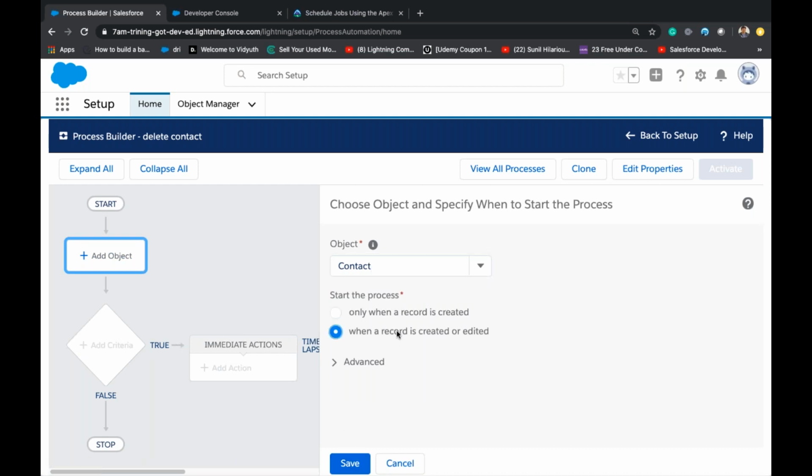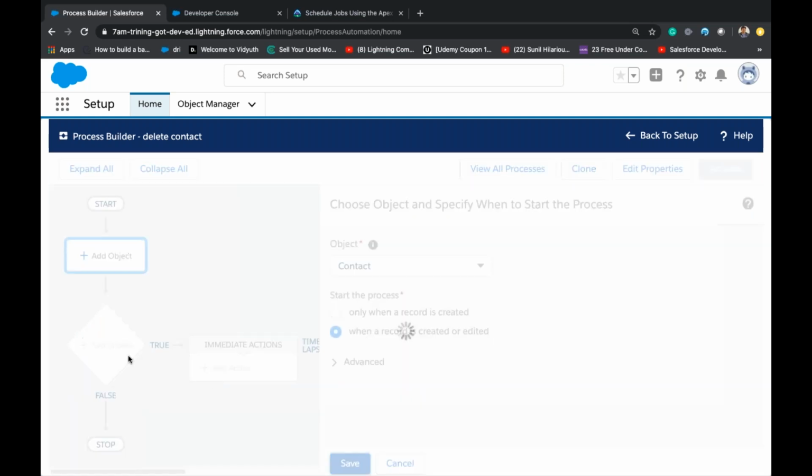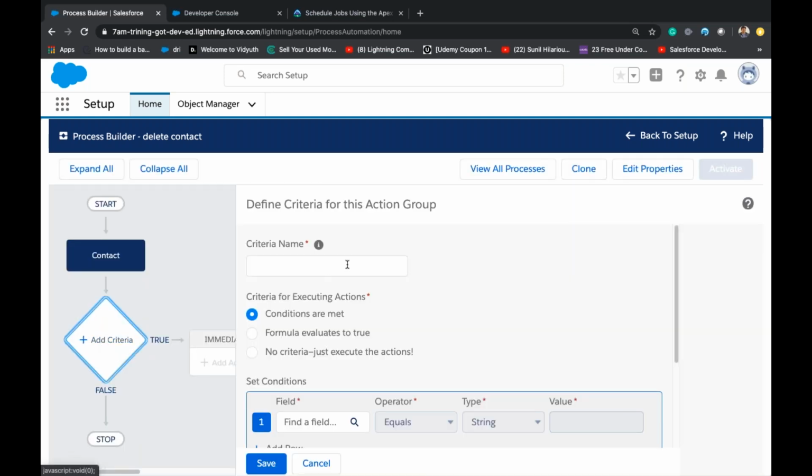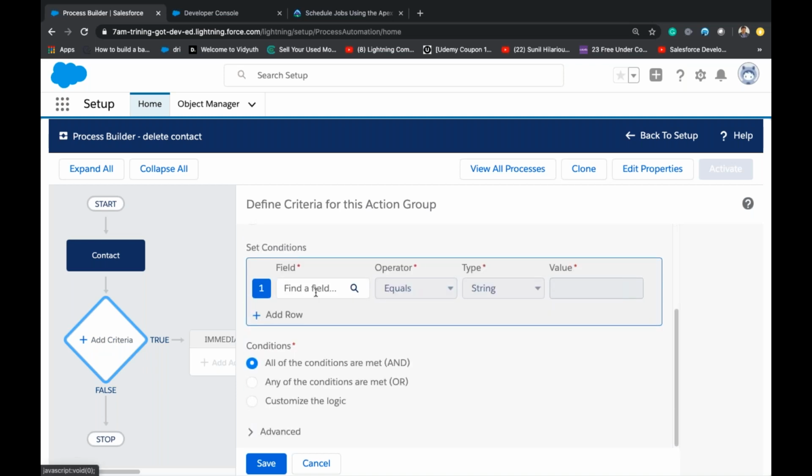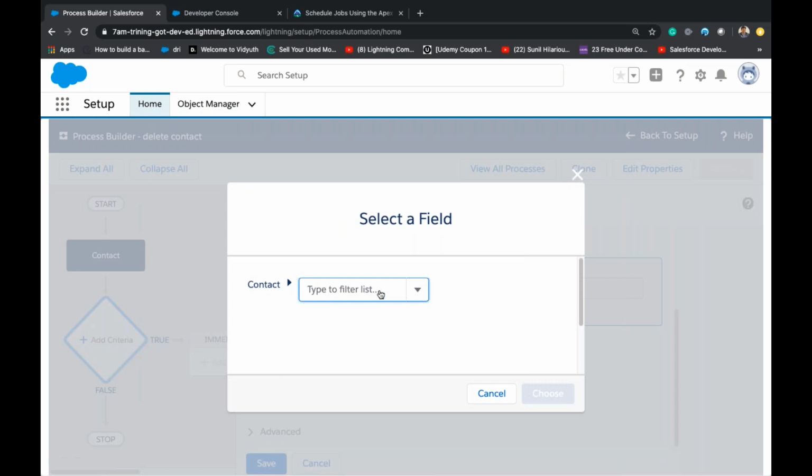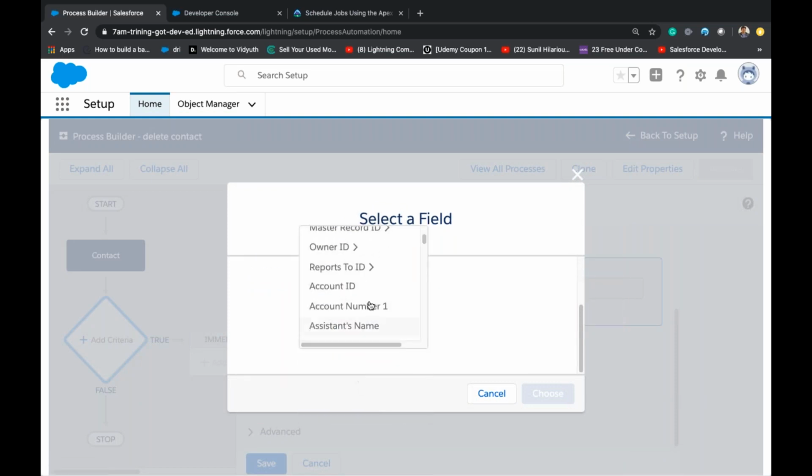When a record is created or edited, I can give some condition, check delete. I'm thinking what fields should I refer.